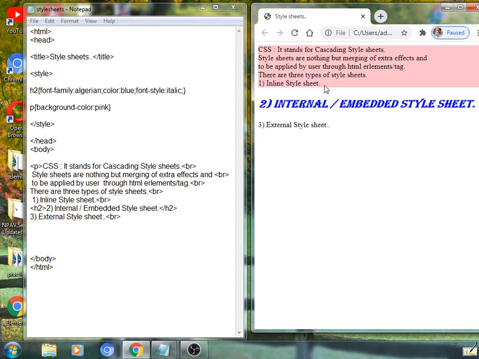It stops here because the h2 selector is applied here. Okay, it is possible again. When you apply the next paragraph, it will be applied again for the next lines of content, like this.